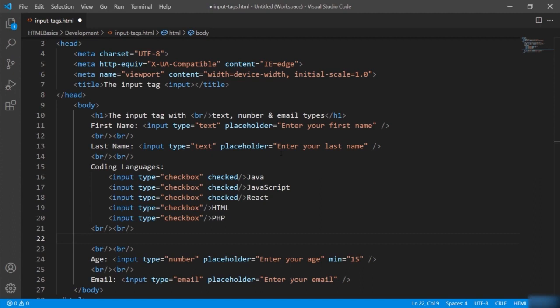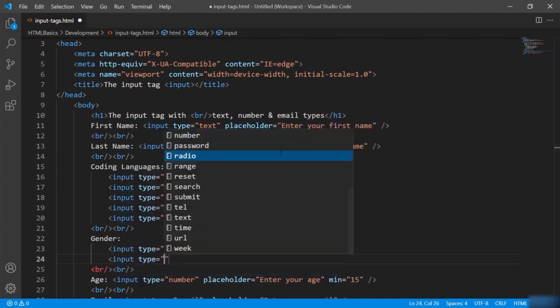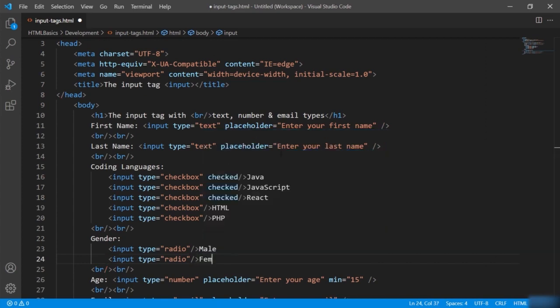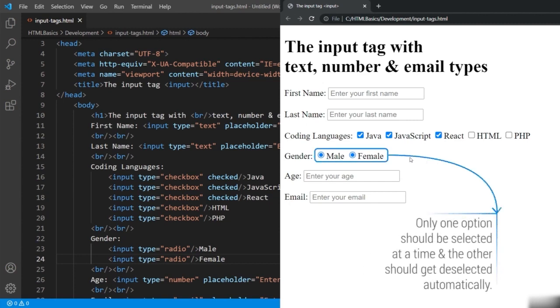Here I'm going to define a field gender, and for that I'm using two radios. So I'll say input type equal to radio, male, and again one more input type, and here I'll just type female as text. So you can see now there are two radio buttons, and if I click on male or female, you can see that they both are getting selected. Whereas with a radio button interface, only one option should be selected at a time and the other should get deselected